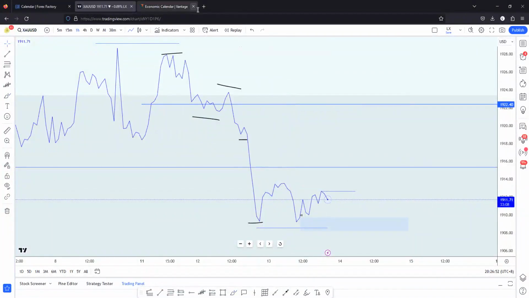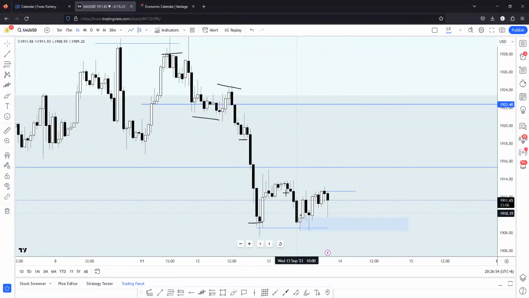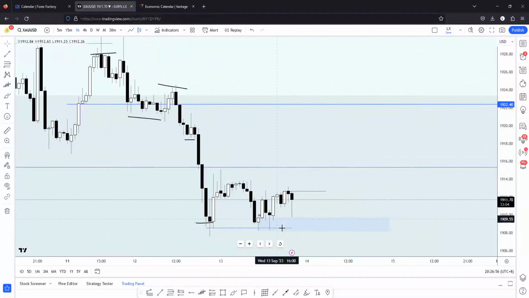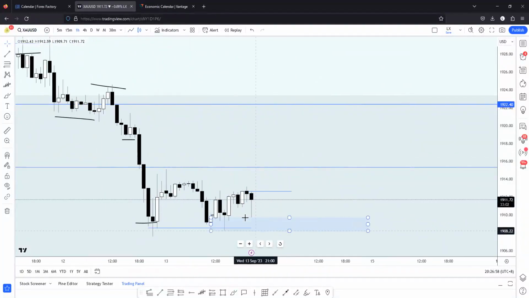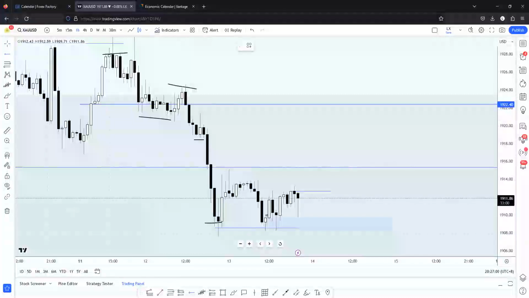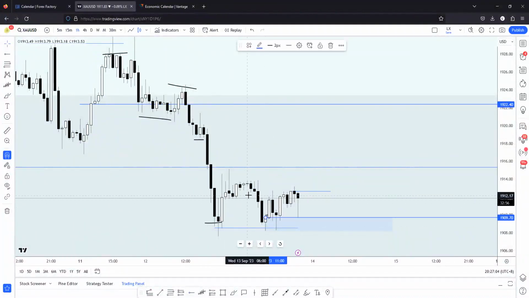Okay, so this is currently where we are right now, right? If you take a look at it on the 1 hour time frame, you can see that this zone that we have over here, price came in, right? So if I take a look at this high, it's probably going to consolidate, right? We can wait for New York session, right? So this is the region at